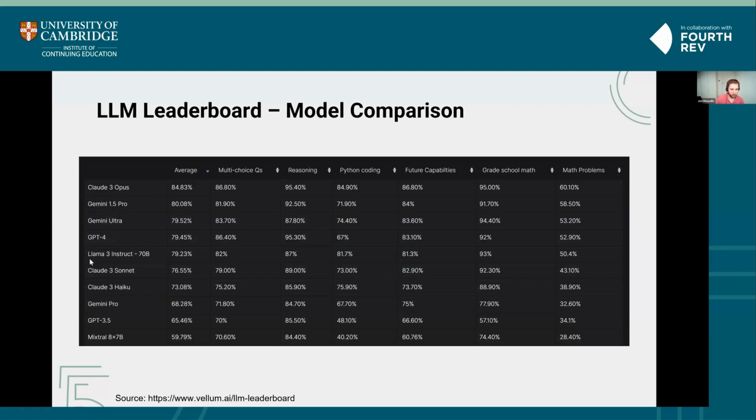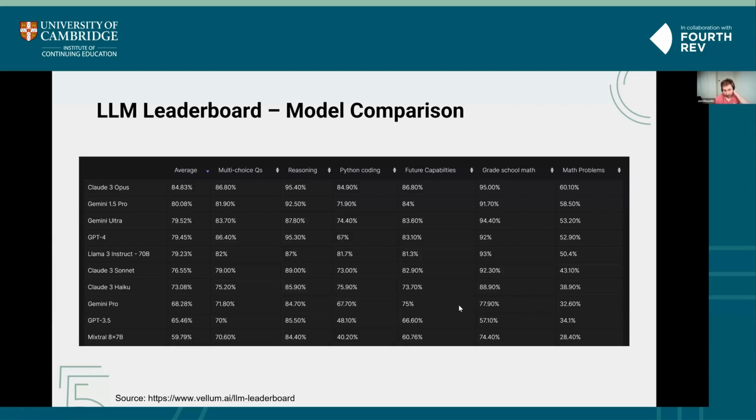Meta have done great work in training the Llama 3 model, and Mixtral from a French company called Mistral is another great open source model. It's great to have these open source models available where you have more control. You can fine tune them further. They'll probably bring the cost down. So I'm really hoping that open source catches up with these premium commercial models.